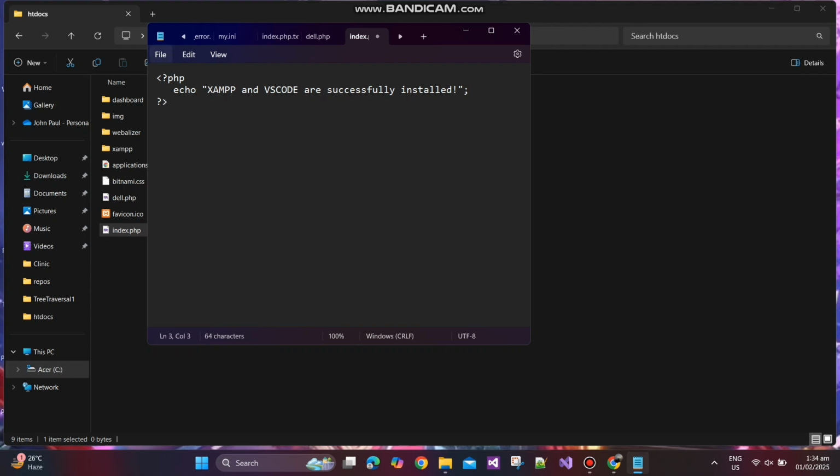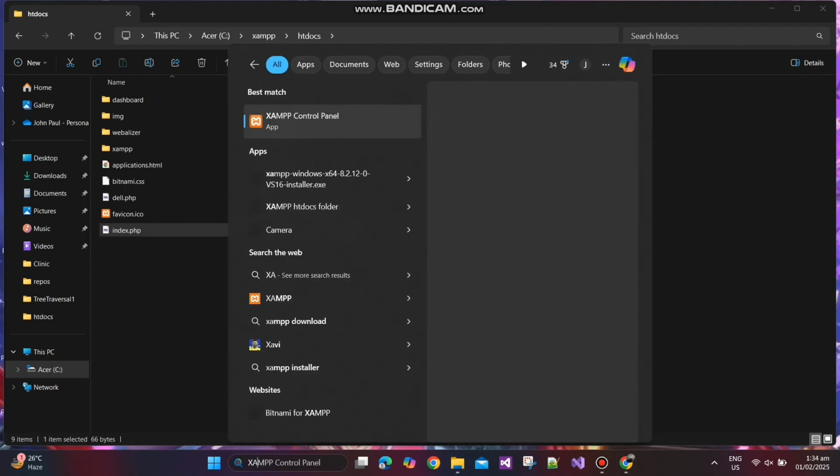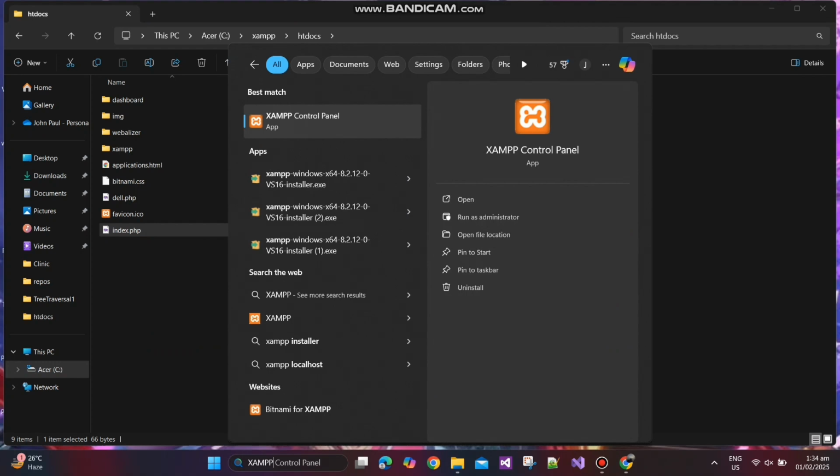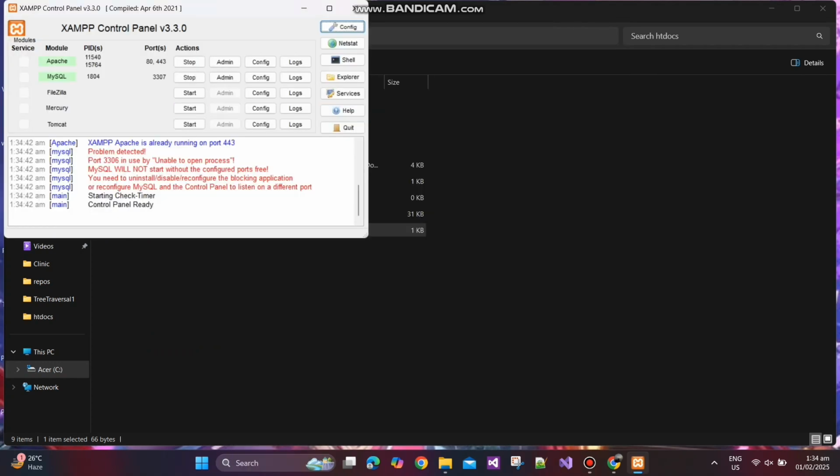Click on File and click on Save. Type xampp and the Apache should be starting or running.